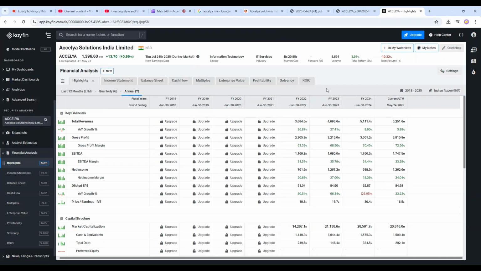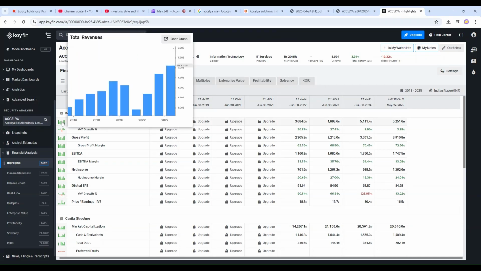So here we have the financial statements for the last 10 years. If you look at the total sales figure, it has grown from 3 billion to 5 billion. So it is not even double of what it was 10 years ago. So it is not a very high growth company, but there will be some growth. During COVID time, it took a hit, from 4 billion it went down to 2.87 billion, but now it has come back up to 5 billion.